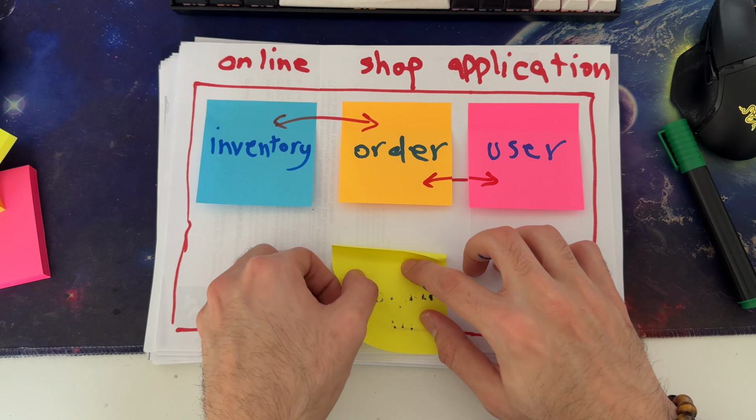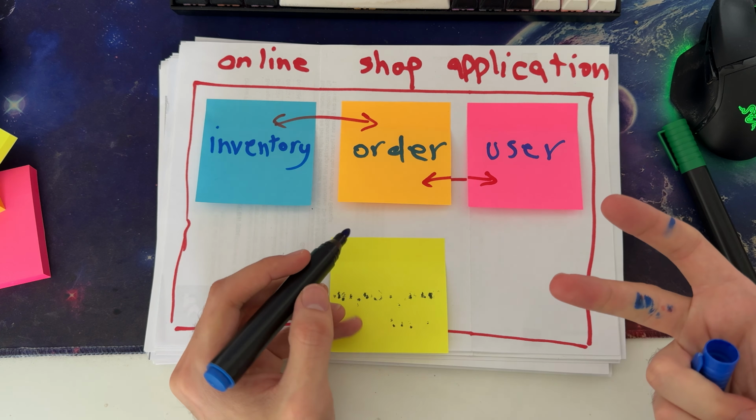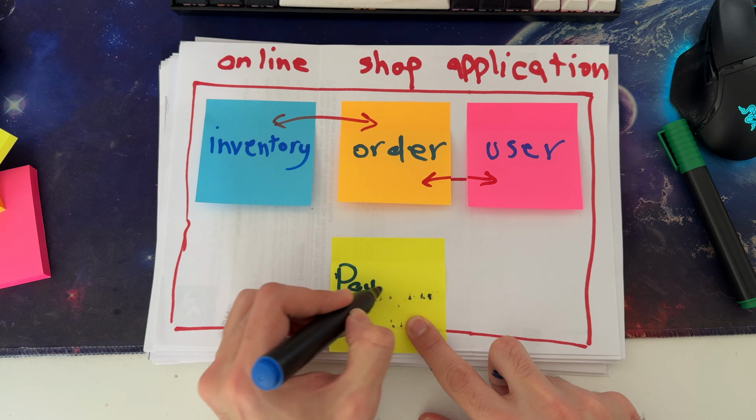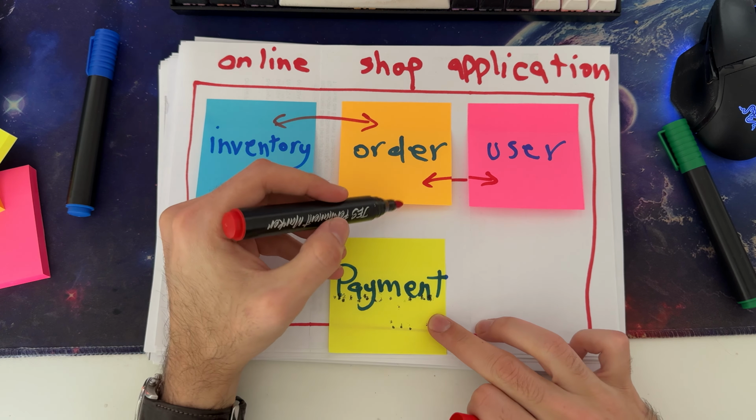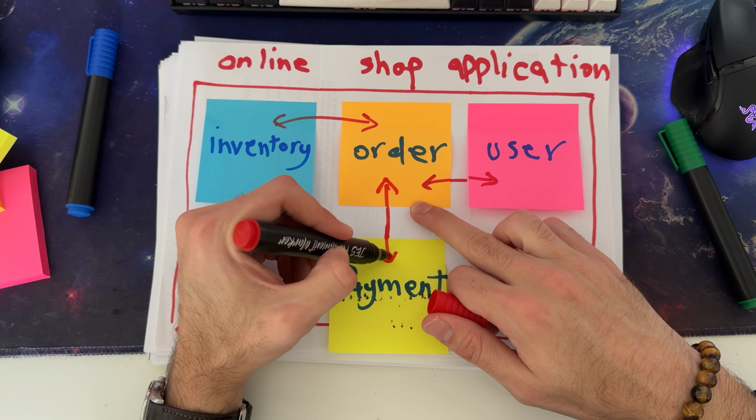Then there's a payment service. The payment service tells the order service about whether the payment was successful or not, and if it was or it wasn't, it tells the user service to, for example, update its balance. Something like that. But as you might know, Amazon has a lot of features which can't fit in these 4 items. So let's wrap it up.